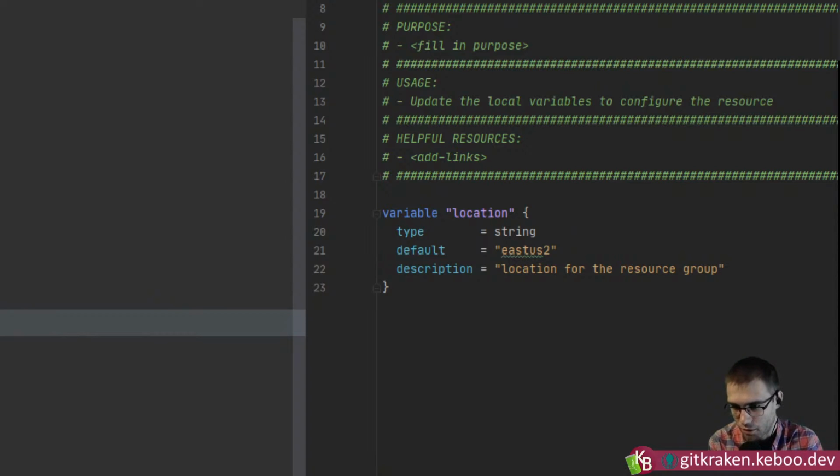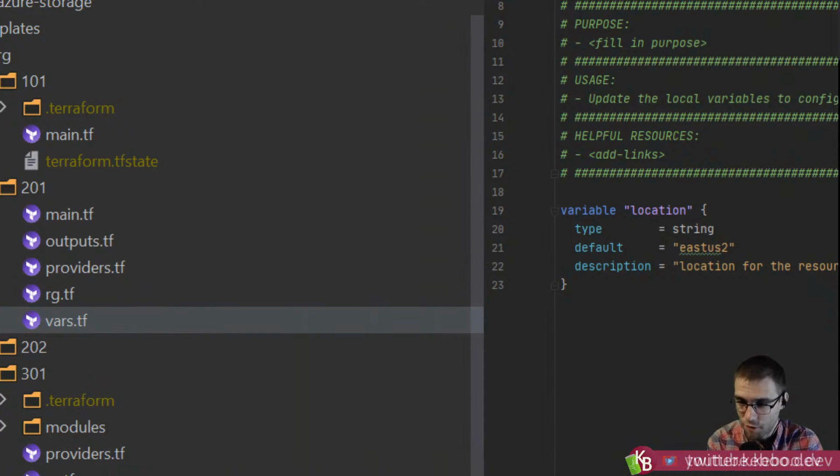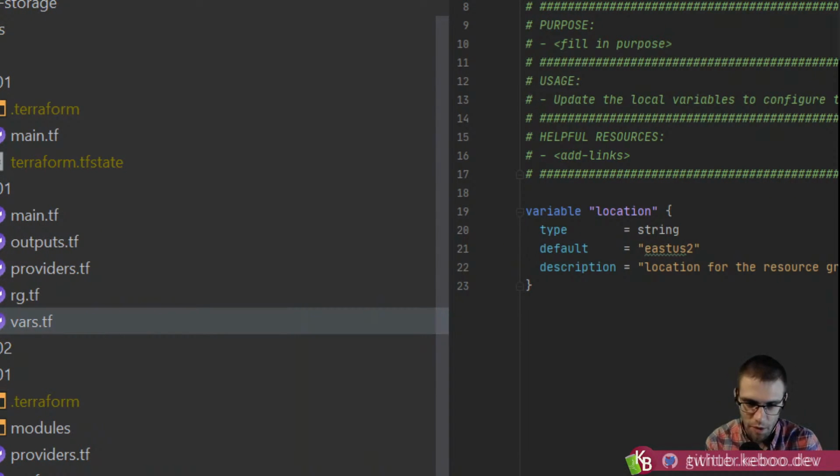And the variables, in our case we put them in a vars.tf, again just for convention, as a way of saying, when I want to see my incoming stuff, here's where I look. Because all of this stuff could be blindly concatenated into one big Terraform file. That's a thing you could do. It's not a great scalable thing, but you could do it. So in this case, we now have a variable location that we can pass in from the outside. Because we've specified a default value for it, it's optional. So if somebody wanted to reference this folder from outside and use it for something, they could give us a location or not. It's up to them. If they don't, we'll just use ECUS2 and away we go.